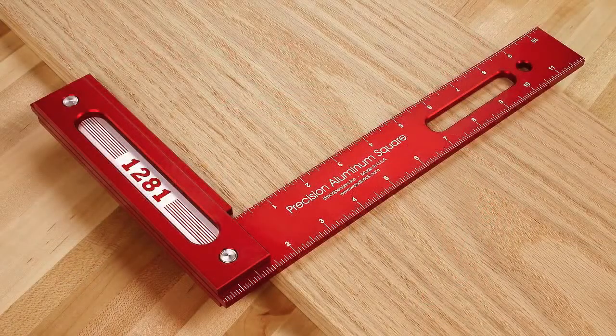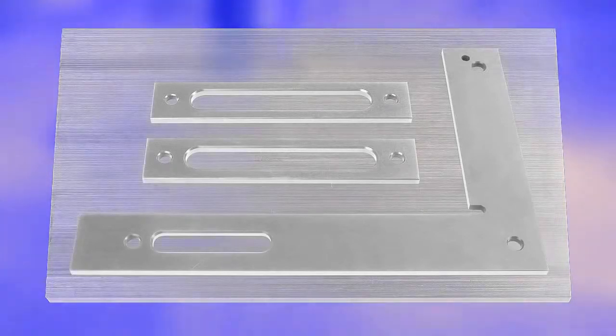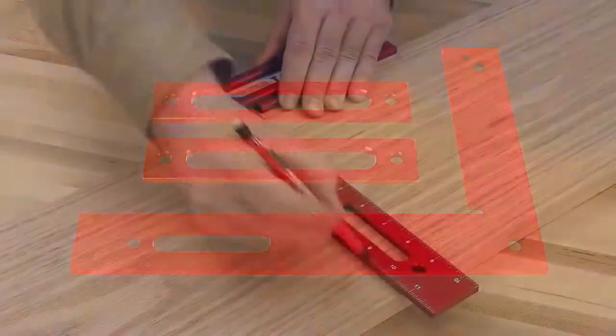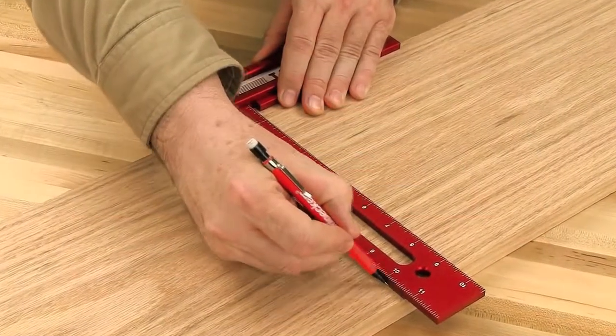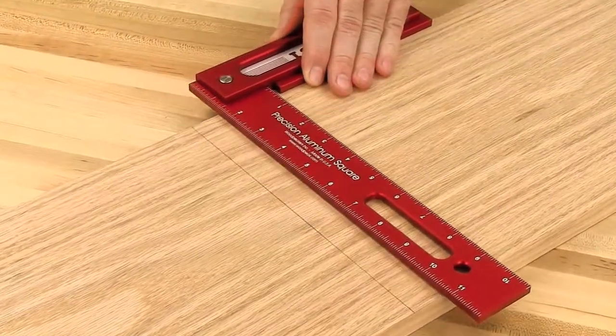What makes the Precision 12-inch woodworking square so accurate is that both the blade and base are made from a single plate of aircraft-grade aluminum, which is meticulously machined with state-of-the-art CNC equipment, resulting in a higher degree of square. With accuracy better than 1/1000th of an inch over its entire 8 by 12-inch size, it will enhance the accuracy of